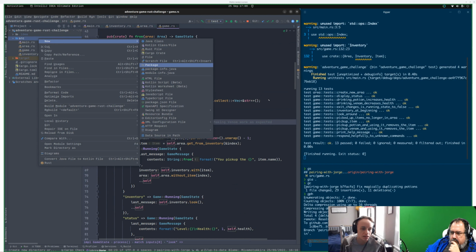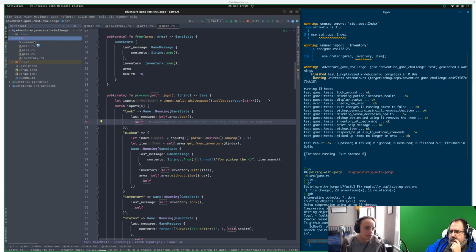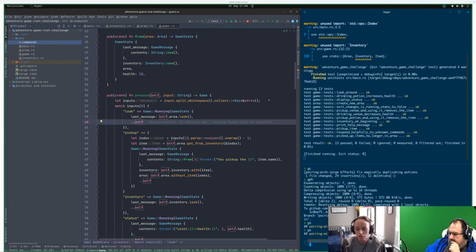No, not a package, but a folder. Am I being blind? Where is just new directory? Maybe it's just always called package in IntelliJ, even if you're not doing Java. Probably. No, it is actually different. That's not a regular folder, right? Because it has a funny icon. What have they done? Hasn't actually changed anything, so it's just a folder.